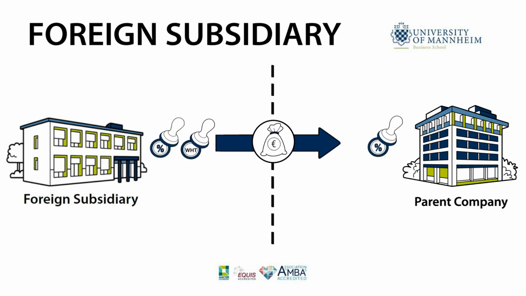Then, the parent company is subject to a limited tax liability on intercompany capital flows which it receives from the subsidiary in the source country. In this case, double taxation may occur due to the simultaneous application of the worldwide and territoriality principle. To eliminate this, the home country of the parent can apply the credit or exemption method, which are explained in